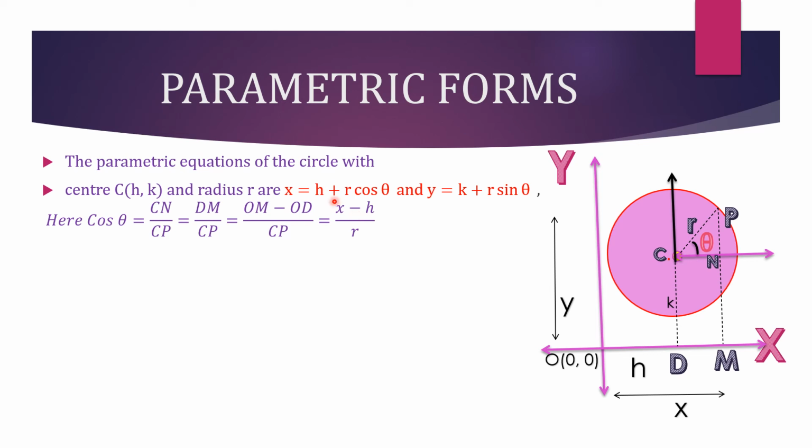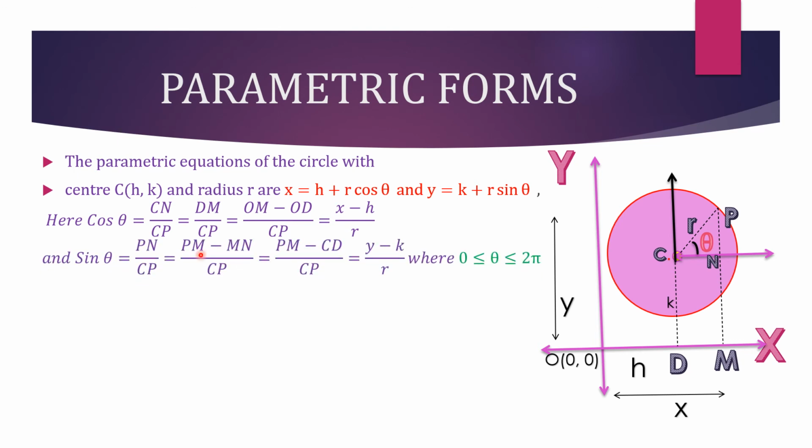Then we get the value x equals h plus r cos theta. Here h is the x coordinate of the center, r is the radius, and theta is the angle PCN. Similarly,